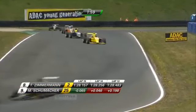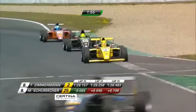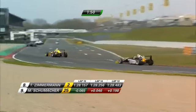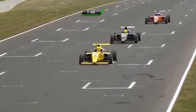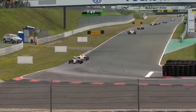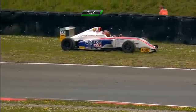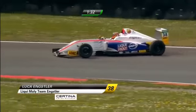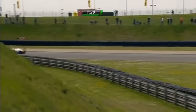There, the gap and the margin between Zimmerman and Schumacher then. And Schumacher in that position now where he's chasing down Zimmerman. He's also ever mindful of the fact that he has Tommy Price sitting right behind him, and Luca Engstler, the Liqui Moly Team Engstler driver in car number 38,